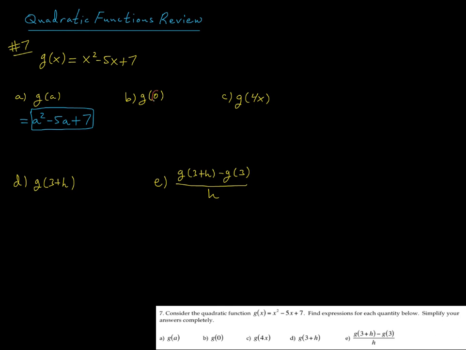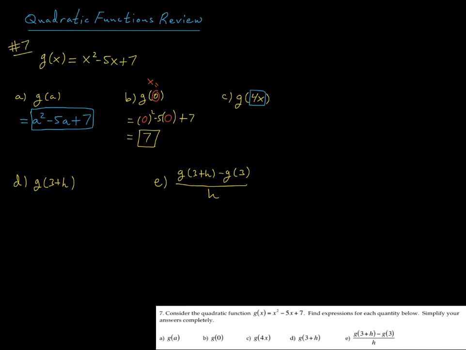Well, here we're just going to set x to 0 in the rule for g. So I'm going to have a 0 here and here. And what g does to its input, well, it squares it and then subtracts 5 times that input, and then it adds 7 to the result. And I'm going to get a 0 from here and here, so I'm just going to be left with the 7. Okay. For c, g of 4x, well, here, okay, we're replacing the input